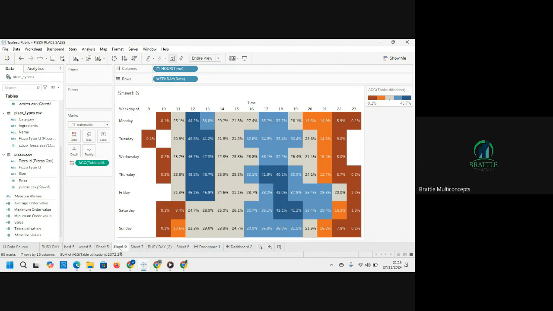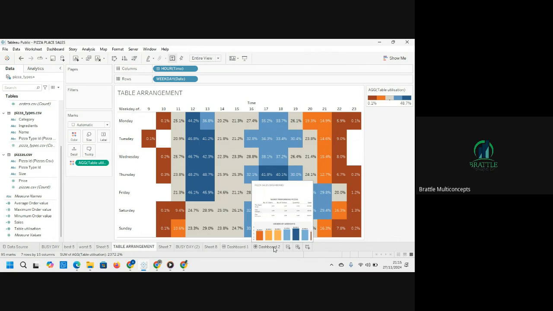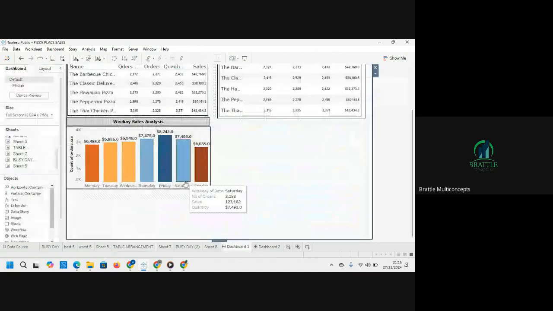This is hourly table arrangement. Let's call it arrangement or percentage of occupancy. Yeah, I think it's percentage of occupancy. So let's come back and